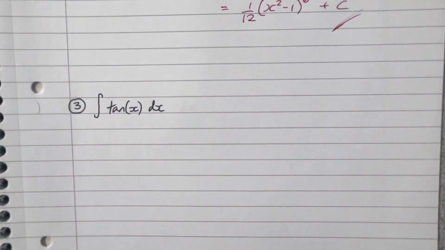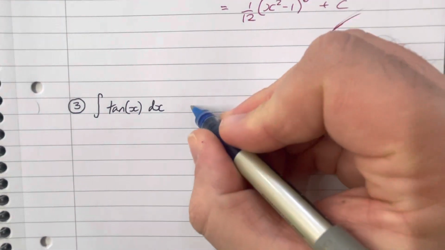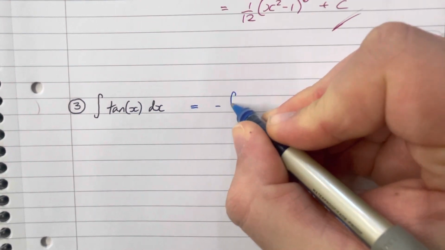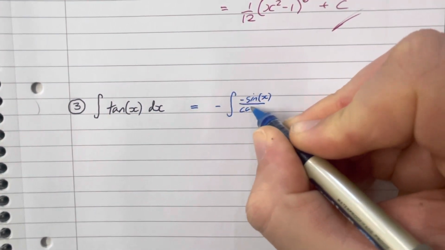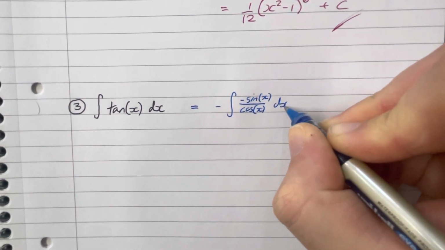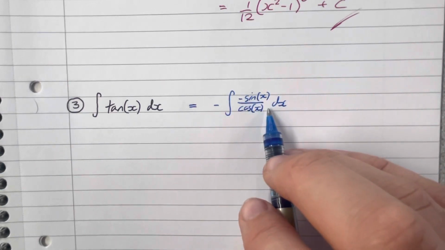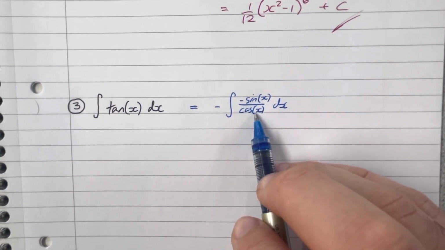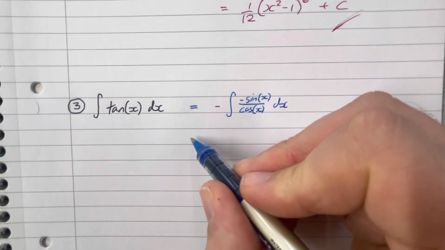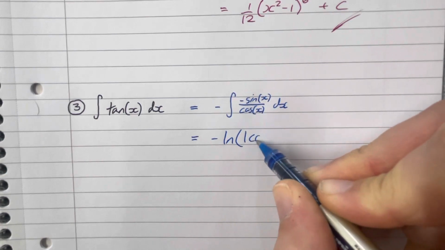Now, you had already seen this one before. I actually physically made the substitution in the substitution video. But if we write this as negative the integral of negative sine of x over the cosine of x, and I've pulled the minus out so that the top is a differential of the bottom, we've now got a situation where the top of the fraction is a differential of the bottom of the fraction, perfectly. So therefore that is going to be the natural log of the mod of the bottom